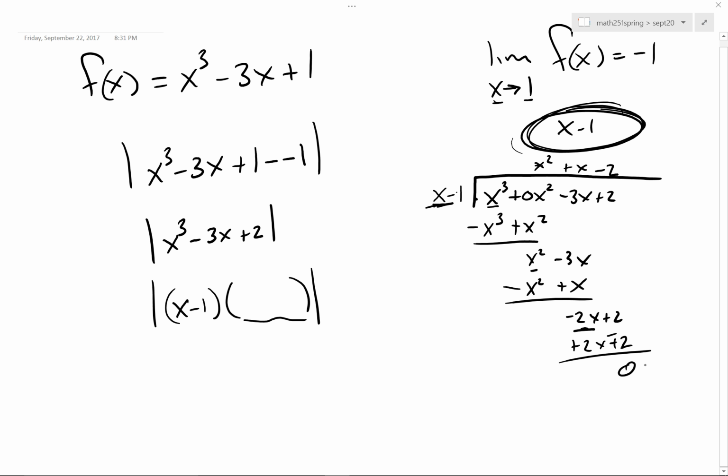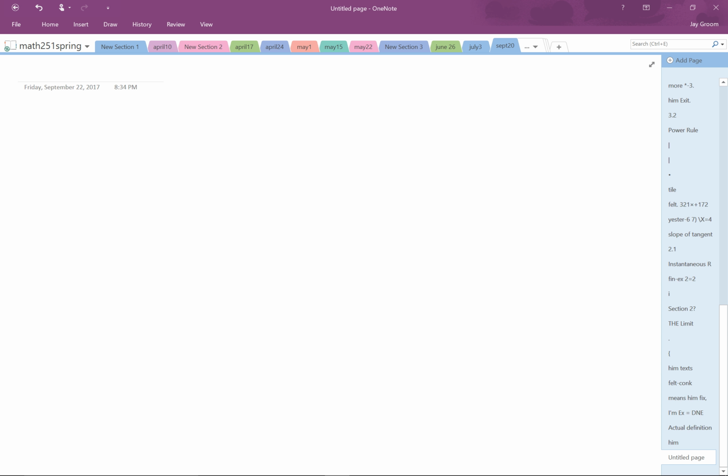So what we have then is this, x squared plus x minus 2. We have that times this. Okay? That means we can write this as x minus 2 times x minus 1. And because it's a multiple, right here, of this guy, then in fact it is actually the limit. I won't give you anyone that hard on the test or the homework either, so I'm going to